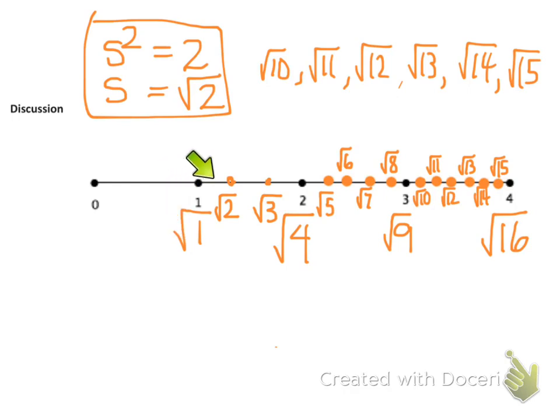But there are a whole lot more integers like 10, 11, 12, 13 that are not perfect squares, but yet they still have a place on the number line. They have an exact location and an exact value on the number line. But we can't write them as rational numbers like